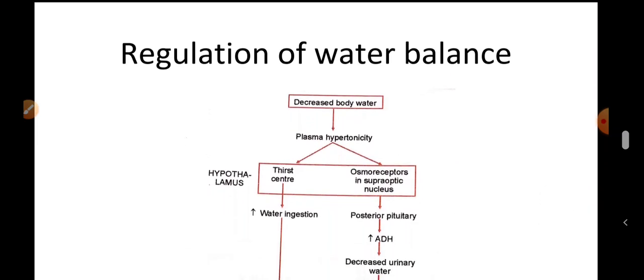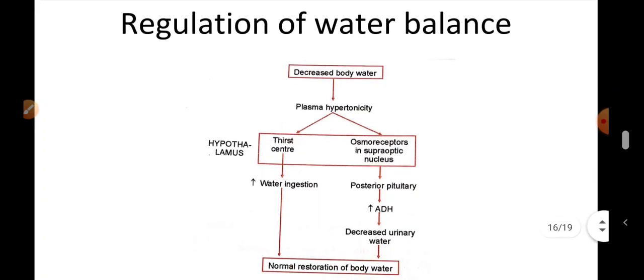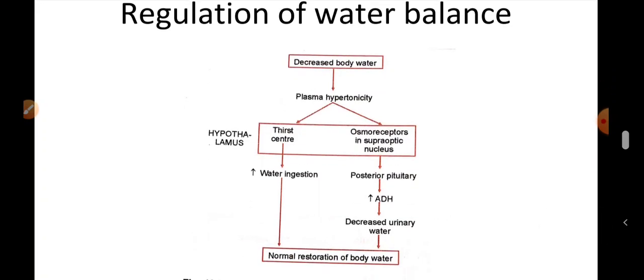This thirst center, located in the lateral nucleus of the hypothalamus, is stimulated by plasma hypertonicity. This causes an intense desire for water and the animal drinks large quantities of water. Discrete lesion of this thirst center abolishes fluid intake and the animal will die because of dehydration. Electrical stimulation of this area in conscious animals causes the animal to drink water as long as the stimulation continues. Injection of hypertonic saline in this area induces the animal to drink a large amount of water.